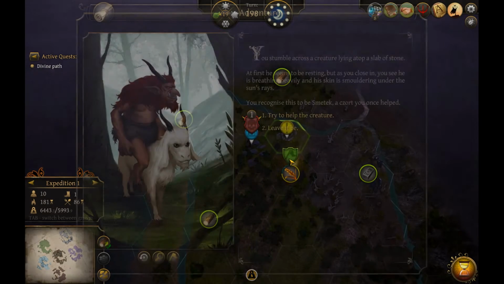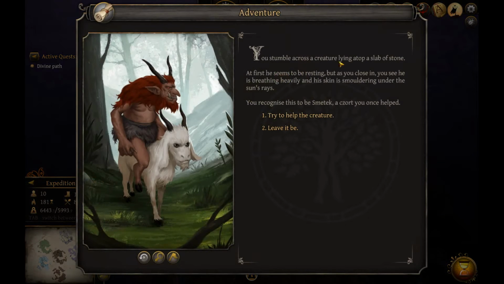What about the other one? You stumble across a creature lying atop a slab of stone. Don't remember a quest starting with this sentence. This might be new. At first he seems to be resting, but as you close in, you see he's breathing heavily and his skin is smoldering under the sun's rays. You recognize this to be...